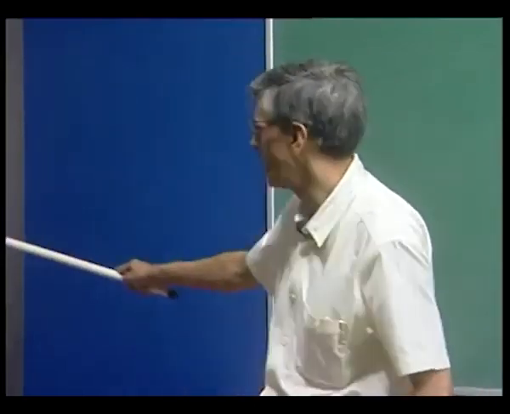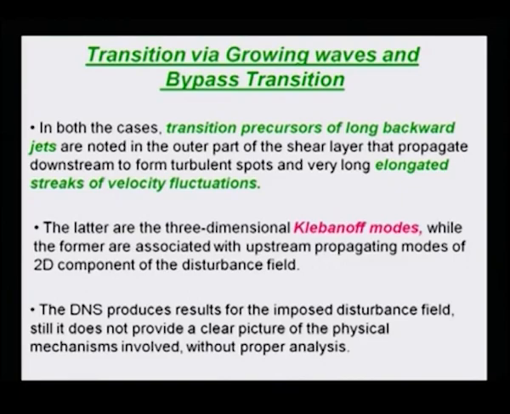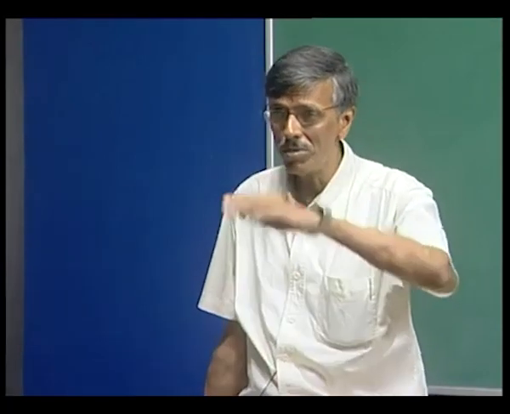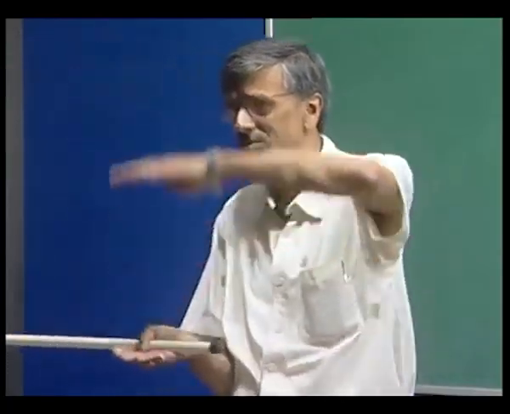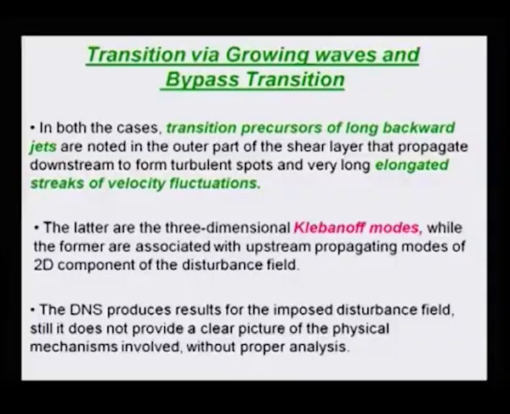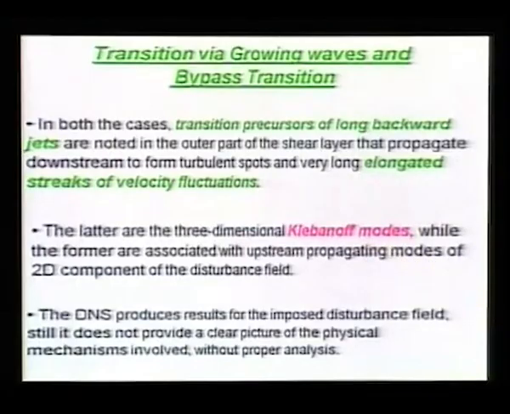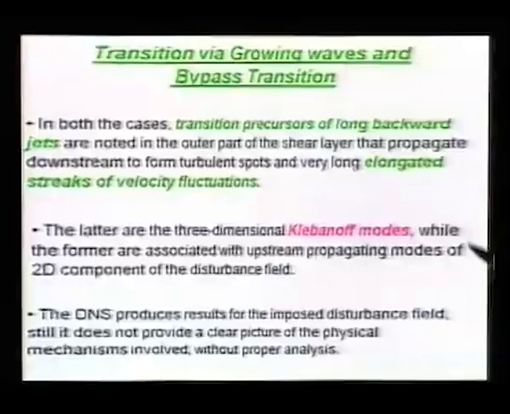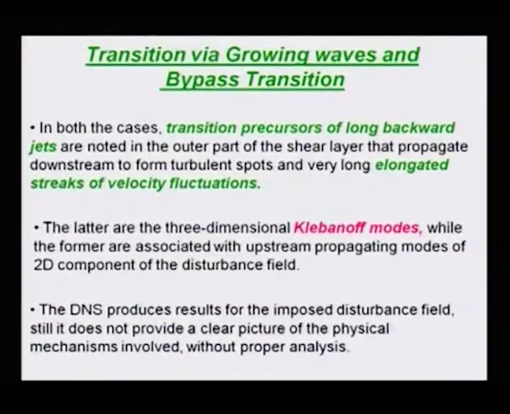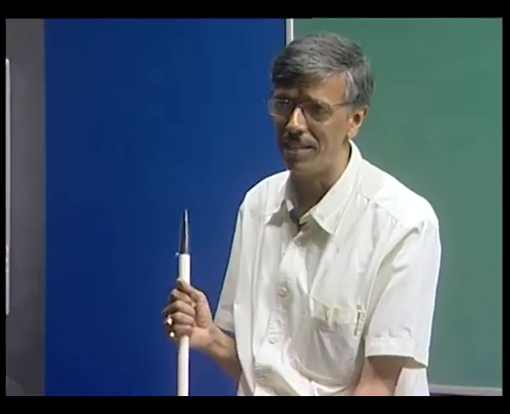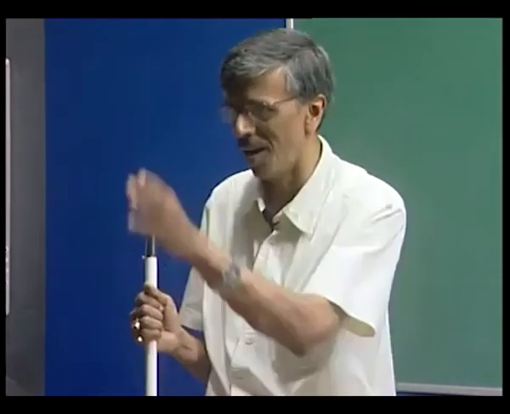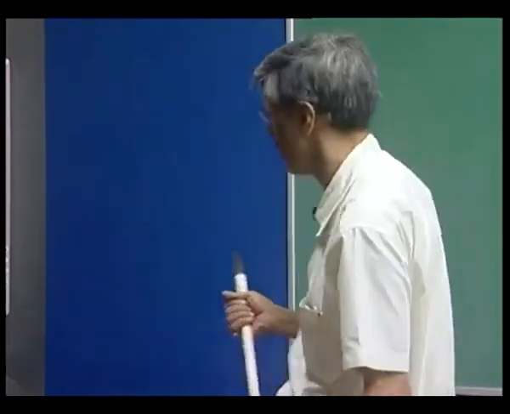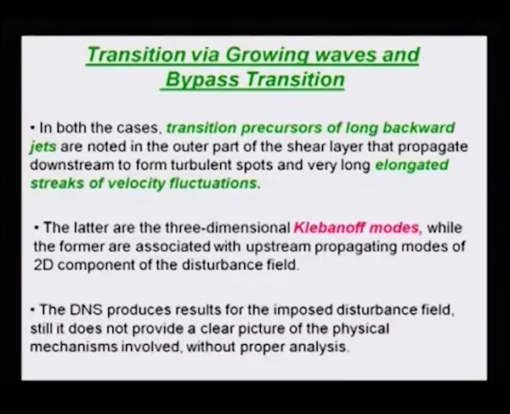This Klebanoff modes plus 2D upstream propagating modes. The upstream propagating mode, as I said, is a 2D component of the disturbance field. In addition, in turbomachines, you also see that the boundary layer heaves the whole thing. That, of course, is the signature of the Klebanoff mode, right? That we have seen. So those are the three-dimensional flow field, disturbance field, but we've seen its peculiarity. It's three-dimensional, but moves along the streamwise direction. So this was a very, very queer piece of evidence.